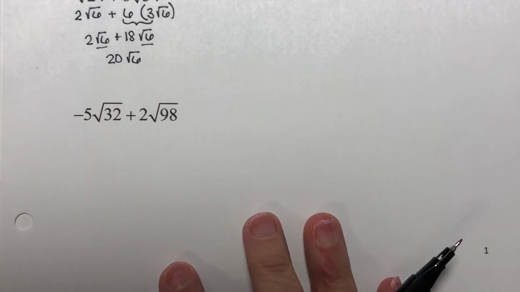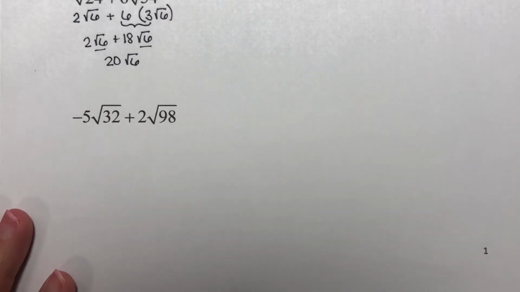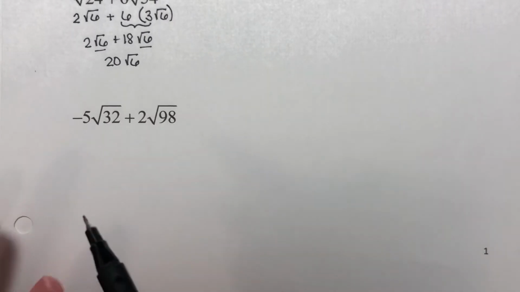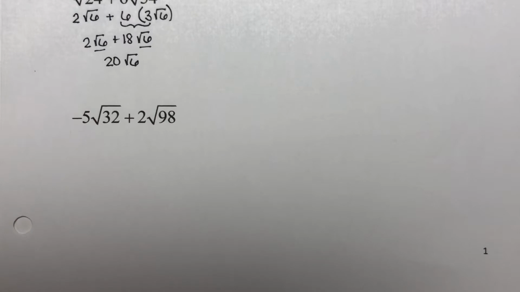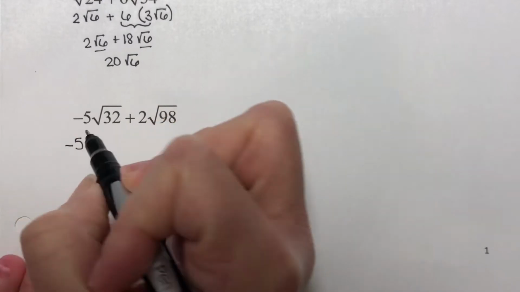This is section 8.3, part 2. We're supposed to combine these two. The first thing we need is to simplify our radicals since they are not exactly the same. So I'm going to have -5 times